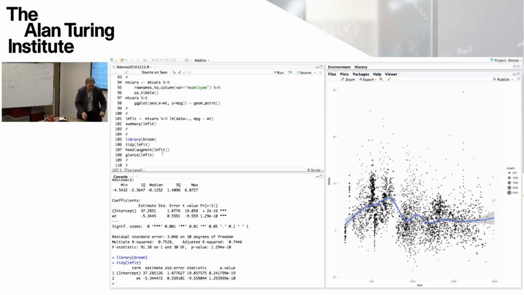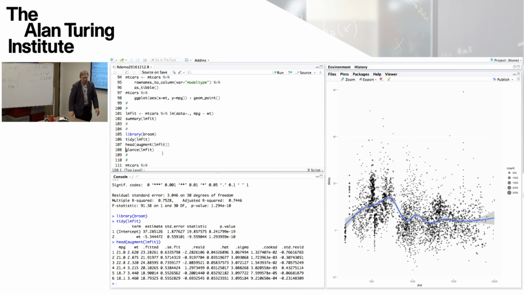If we look at augment, so if I apply augment to lm_fit and then just look at the head of that, so the first 6 rows, what augment does is it takes the lm_fit, which has got all the information about how that linear model was built, including the data it used and the parameters and the model formula and so forth. It then takes the data and augments it, as it says, with some additional variables. Let's say it runs mutate to add variables. And the variables all start with a dot to show that they're new variables that have been introduced by the augment.